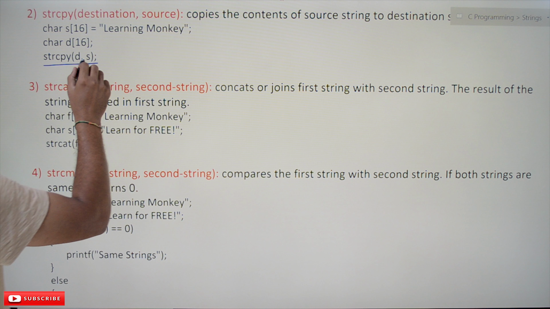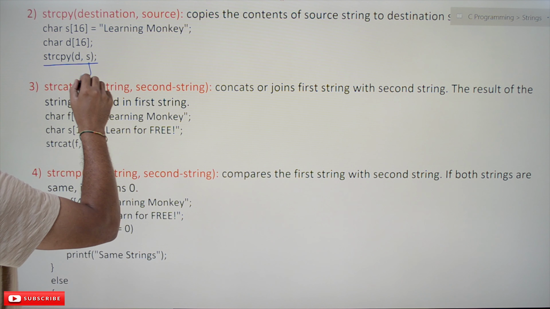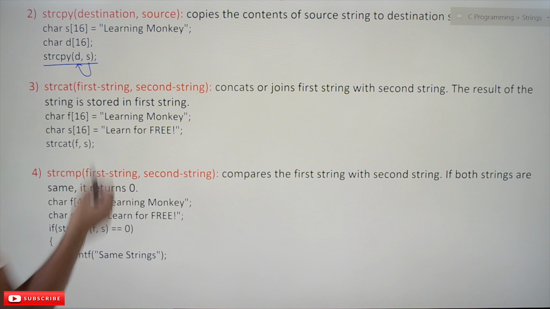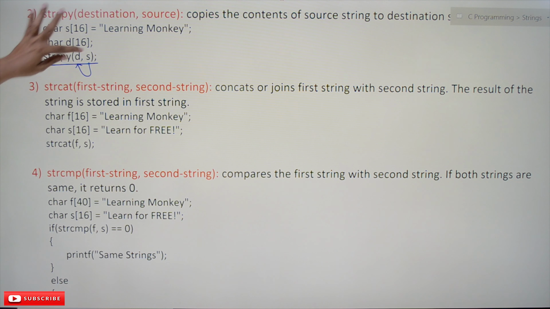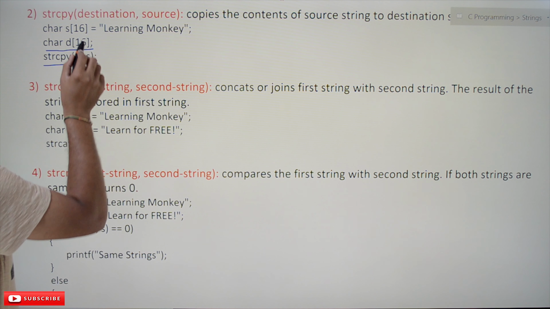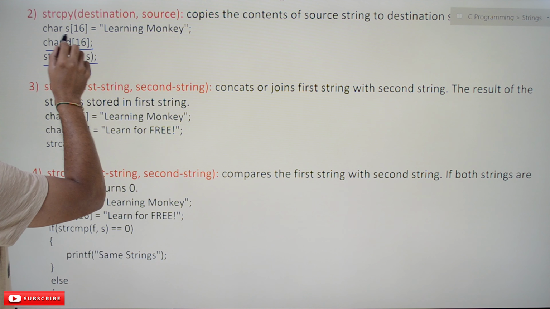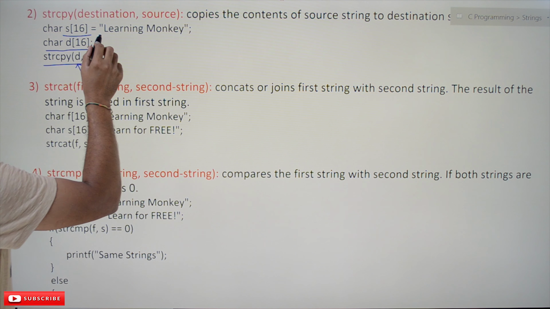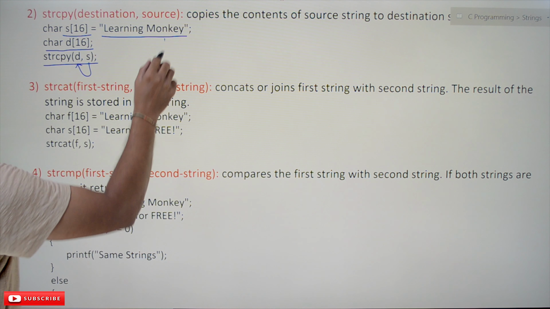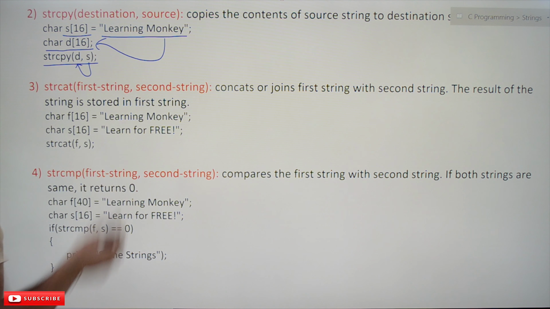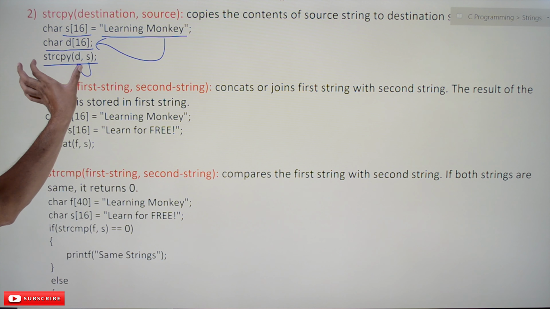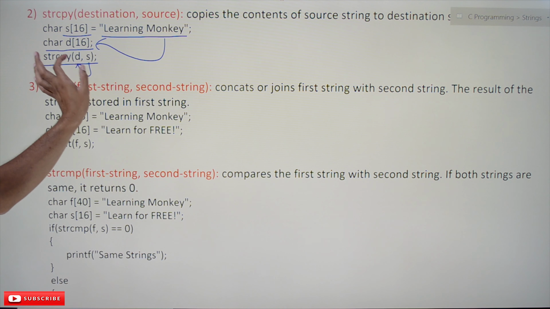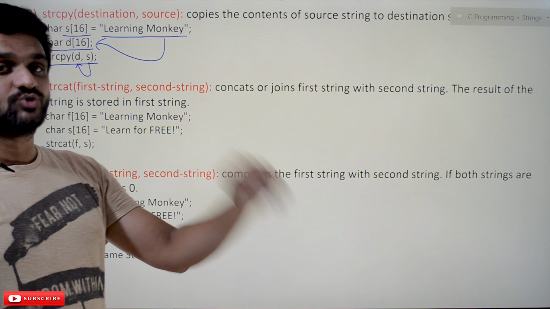Now the content of the source string will get copied onto the destination string. We have declared a destination string d, and this is the source string s. In that we have Learning Monkey. Now this Learning Monkey will get copied into the destination string with strcpy(d, s), destination string comma source string.